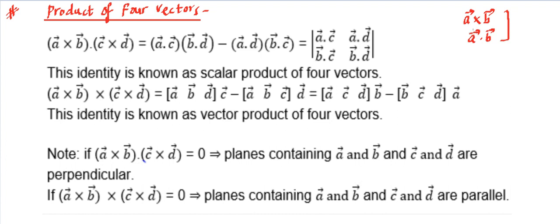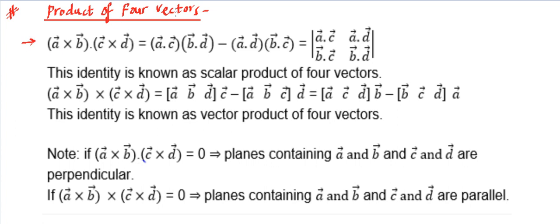And in this slide I'm just going to give you some results that you can use later on for calculations in physics questions, and it will also help you imagine how we can connect these vectors in terms of planes, in terms of lines, in terms of other geometries, right? So there are certain points I have mentioned over here. The first point, let's see this.